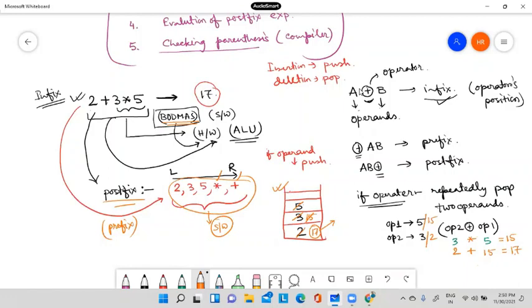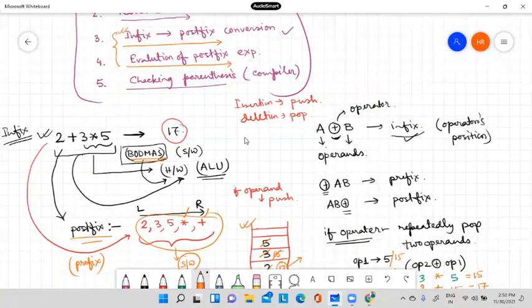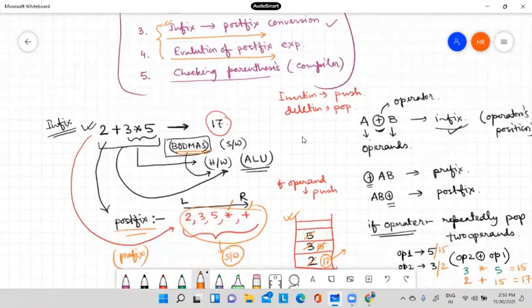That's why the first task performed by stack is infix to postfix conversion, and the evaluation of postfix, which I have just shown you. These two tasks are both done by the stack data structure. This infix to postfix is a different thing. I will discuss it in the next class. So these are the different applications of stack.